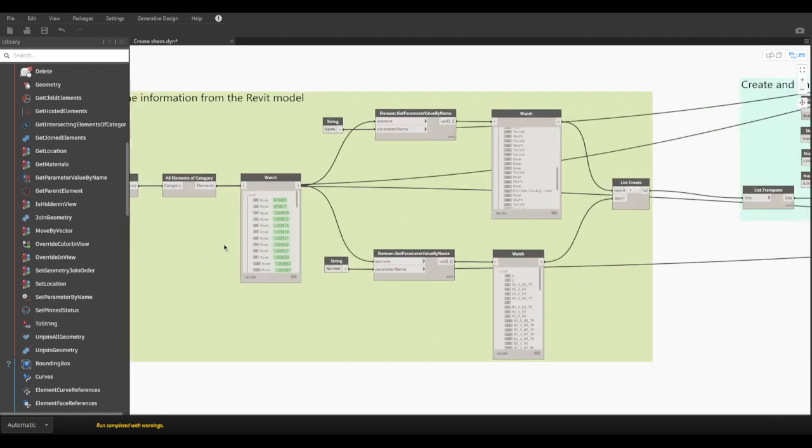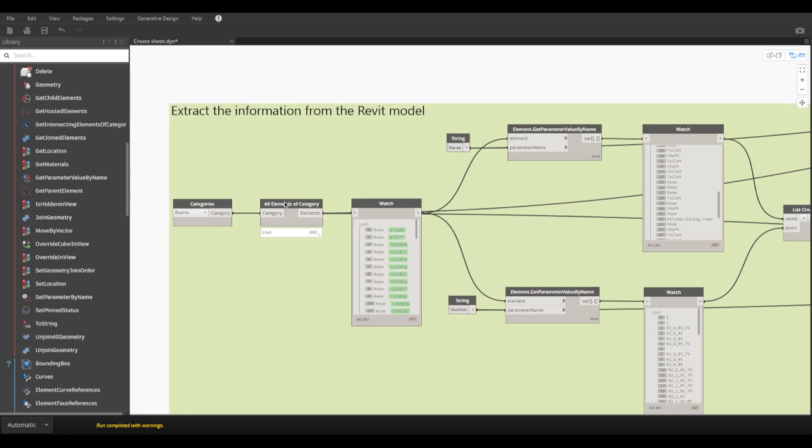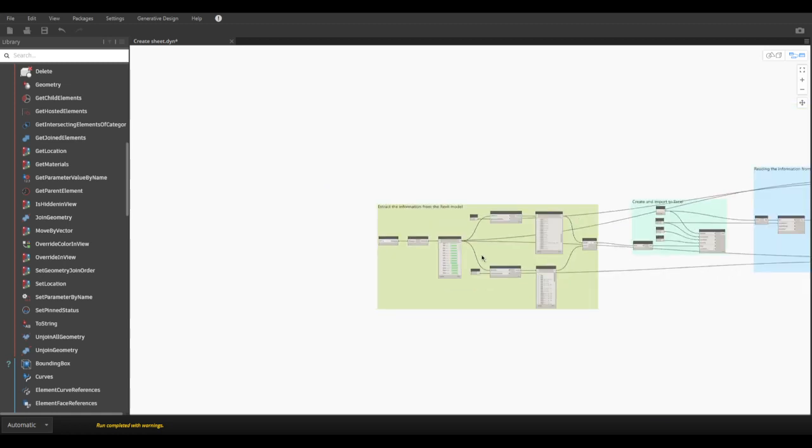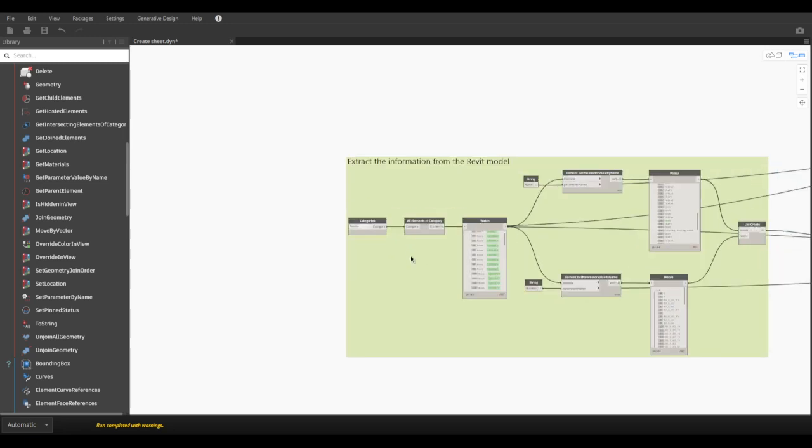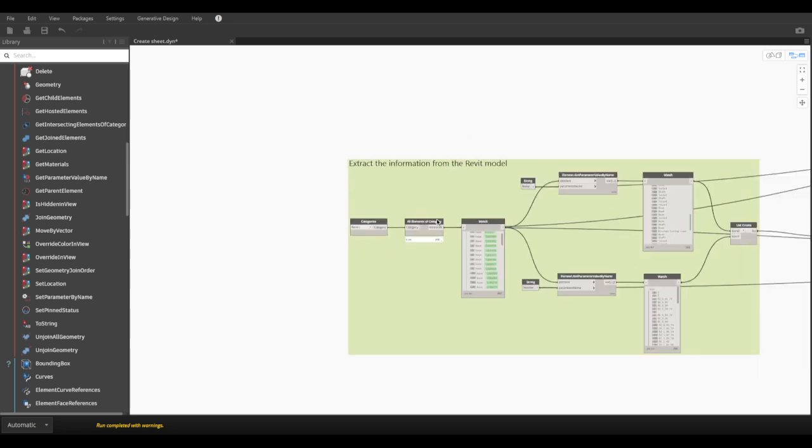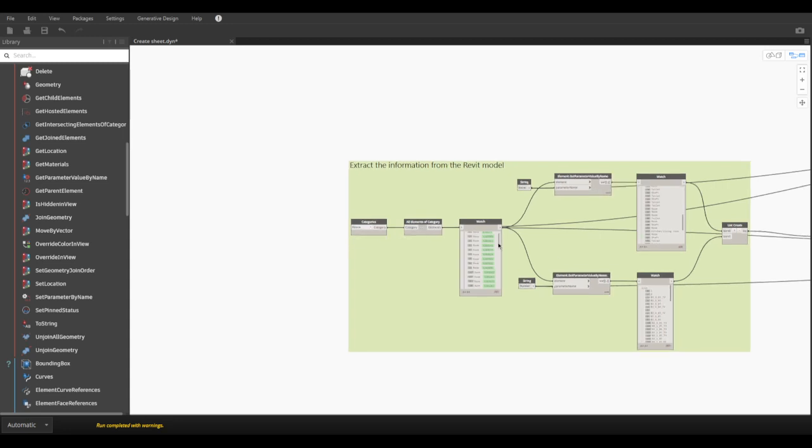So to begin with, I went in and found an elements of category. I defined that I wanted to look into rooms, as in the end I want to get a full overview of my rooms and room numbers in my Excel, and again, link it back into Revit. So to do that, I have my category, and as mentioned, I'm looking into rooms. Here, it's creating a watch list of what information we're generating, and it's showing all the rooms